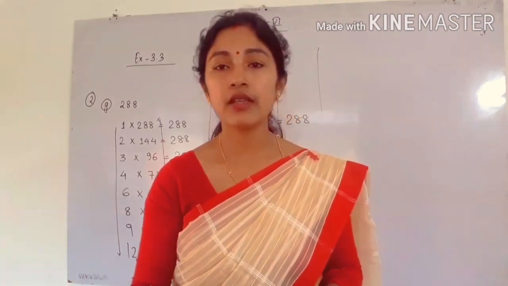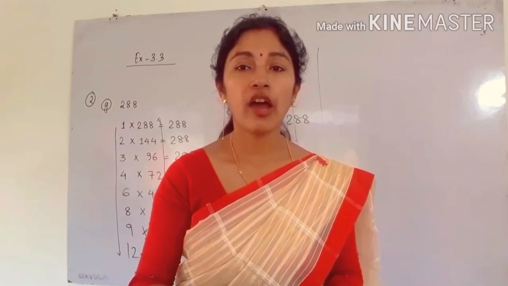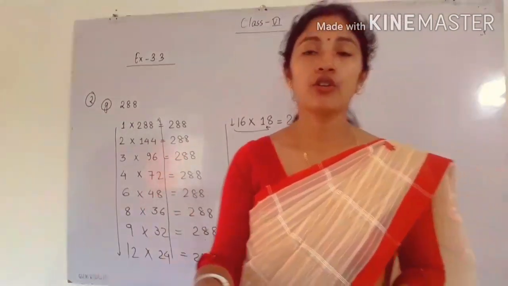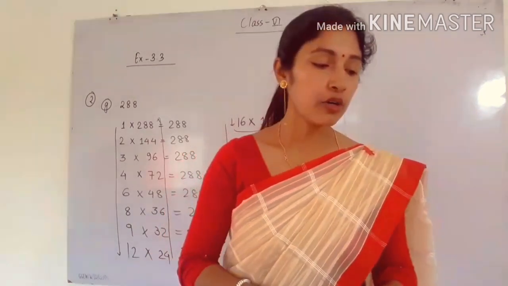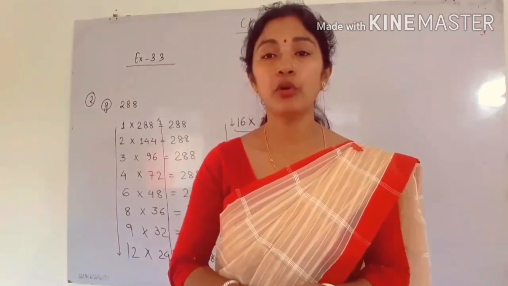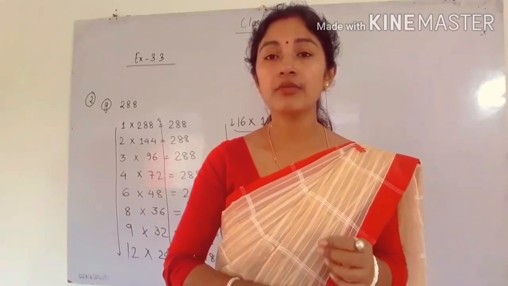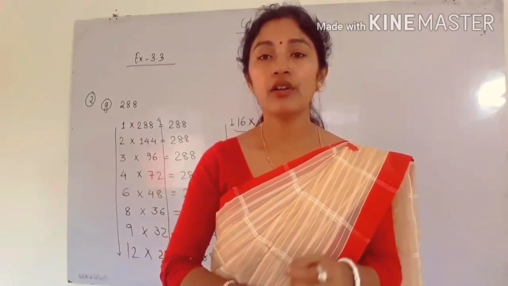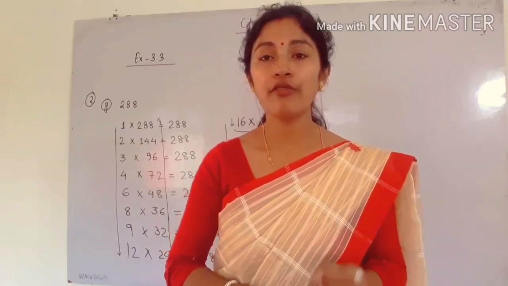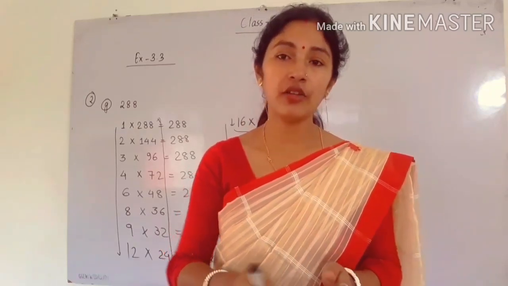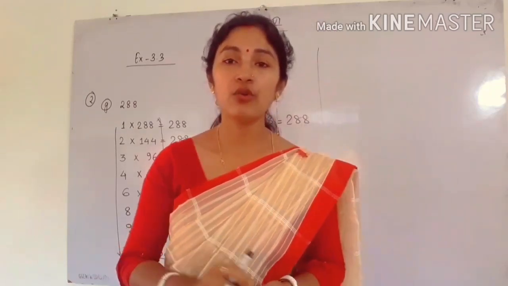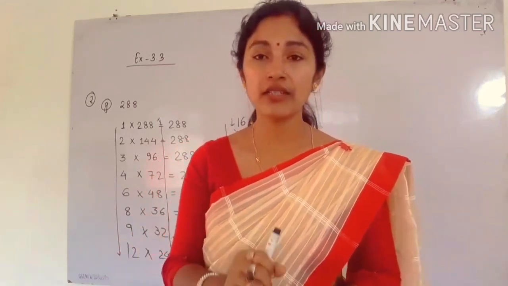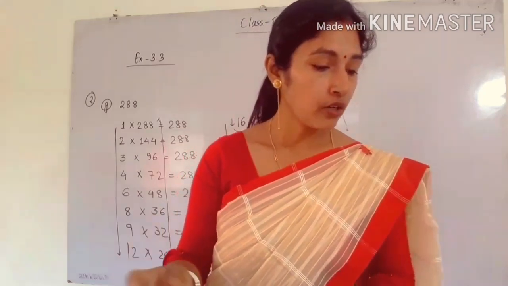Similarly, number B is the multiples of 15. You have to write the multiples of 15 between 55 and 105. So how will you check? The number should be a multiple of 3 and 5 both. If a number is a multiple of 3 and 5 both, then that number will be a multiple of 15 also. Like that you can check. If you do the question now, you will get the technique of doing it. So just practice it. You can do it.